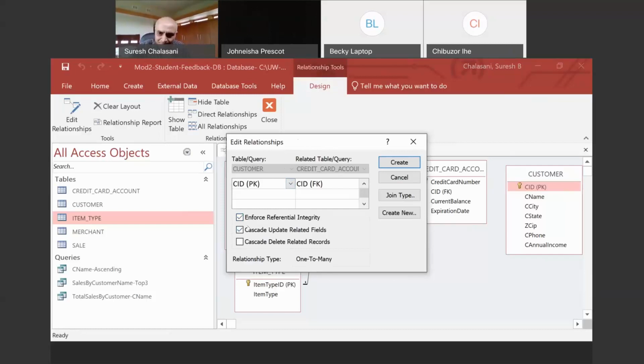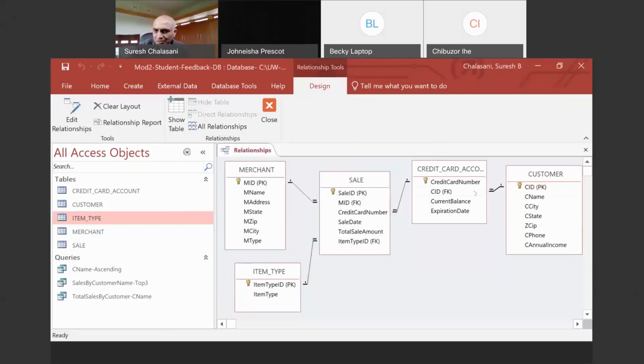And when you are changing that, you don't want to go to the credit card account table. Bill Gates may have 100 credit cards in the credit card account table with your organization. You don't want to change each one of them manually. So this cascade update will change it automatically for you. Just because you check this checkbox, this cascade update would make sure that when you change Bill Gates' customer ID in the customer table, it's automatically changed in the credit card table. So you click create, and that's what happens here.